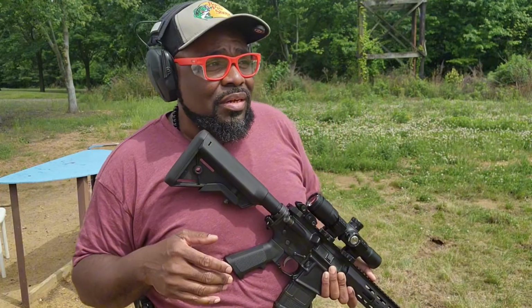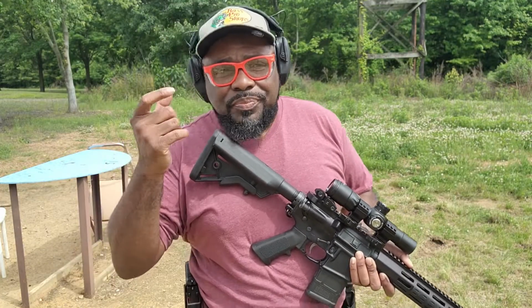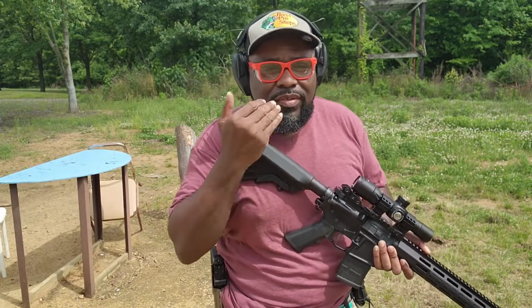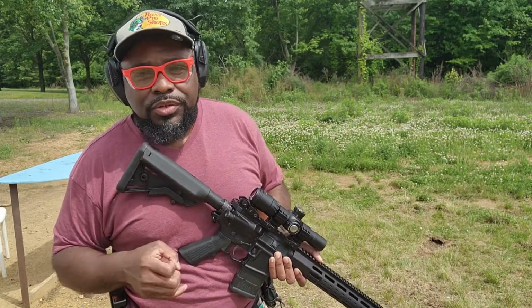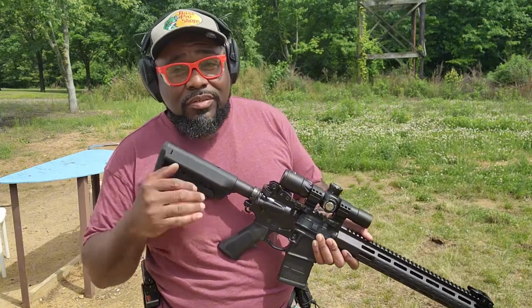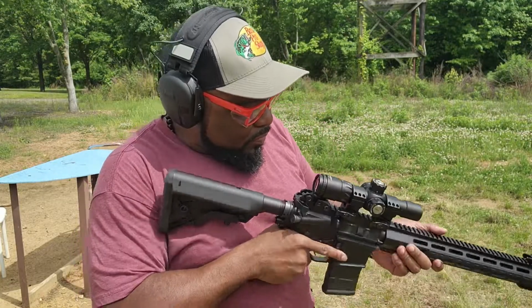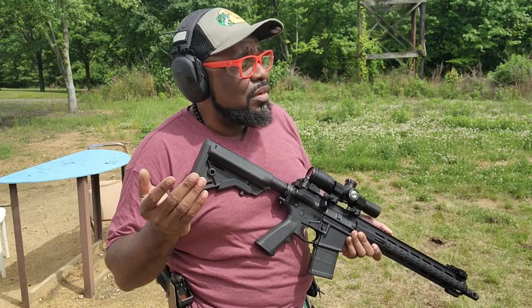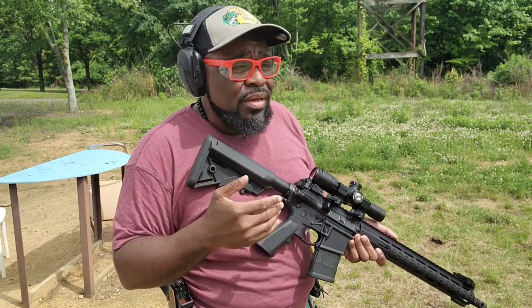They actually sent me the 1-6 because I was disappointed in the eye relief on one of their other scopes. It was very, very short, so you had to get it very close to your eye. But I'm using it on a .22, and it's no issue. On a rifle with a little more power, it's definitely going to punch you in the eye. So if you're looking for, like I said, a low budget scope that runs on your budget rifle,